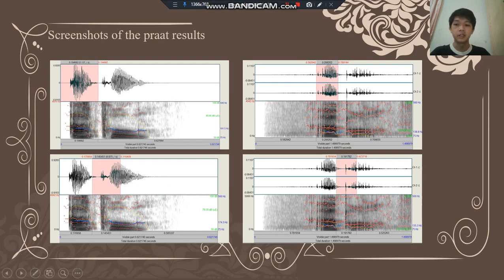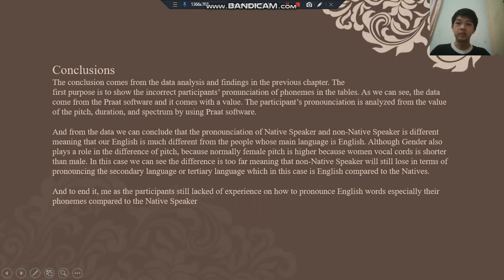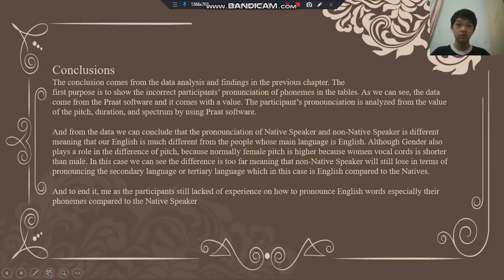Here is the voice sample of the native speaker for the phoneme A, and here is my voice, which is the non-native speaker. As you can see, the native speaker's spectrum is higher and longer, meanwhile mine is a bit not high. And as you can see here, we can take the conclusions from all of our data.